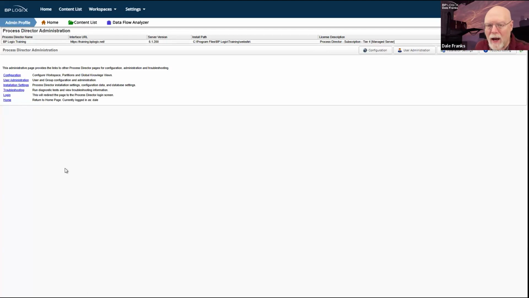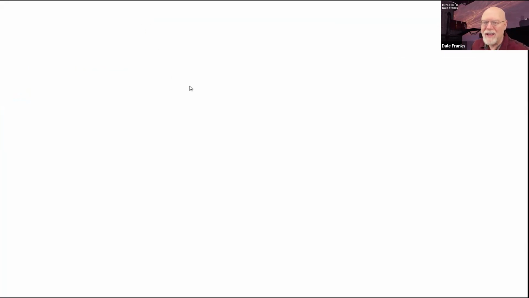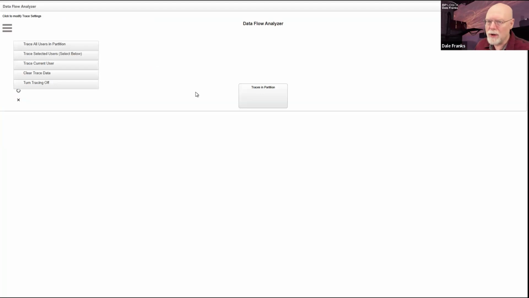The other thing that I do inside the admin profile, and it's not part of the default, is I also add the data flow analyzer to the navigation links in the navigation bar for the workspace. I find the data flow analyzer is extremely useful. Not quite as useful as it used to be because now, certainly with a SQL business value, you can actually run a test and grab the first 100 rows back from a business value, which is really useful in context of running the business value.